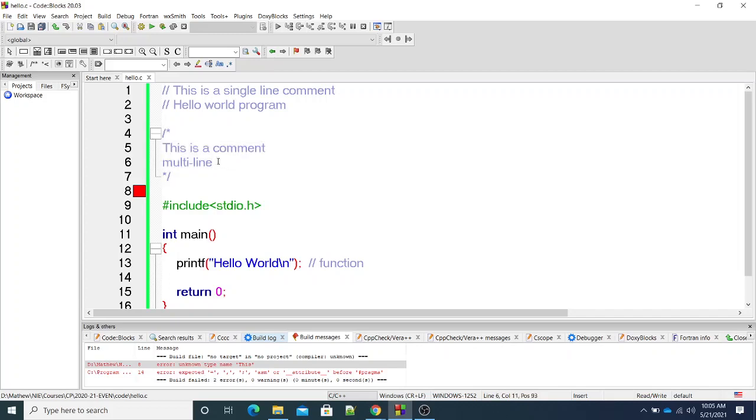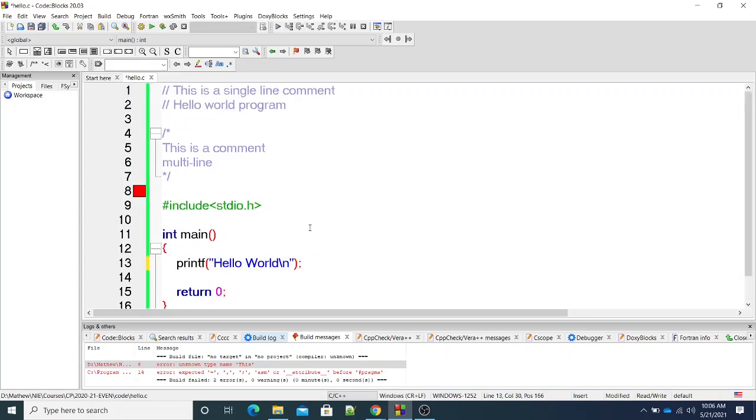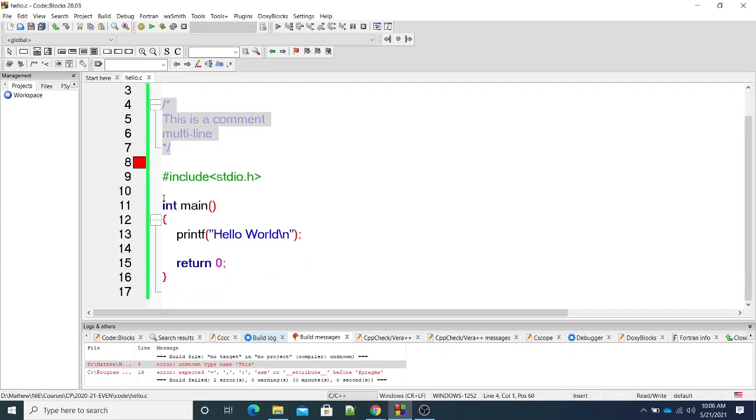Whatever we write as a comment here, single line comment or multi-line comment, those will be for the human reader, not for the compiler. Compiler will worry only about the statements which are valid statements. Understood? Why single line comment and multi-line comments? Okay, now we will go into the program.